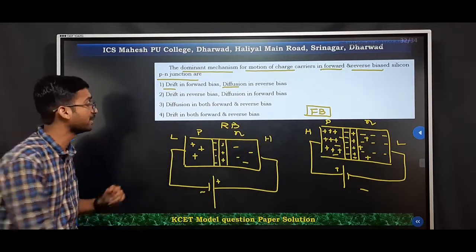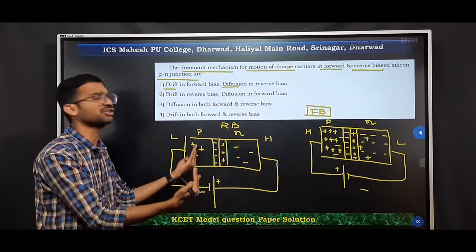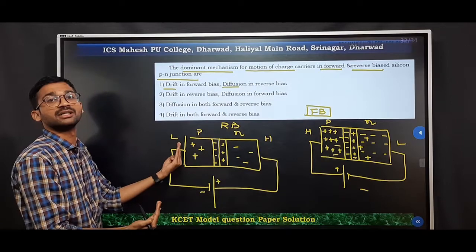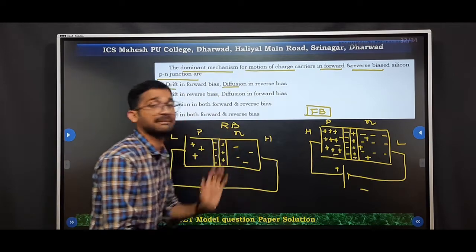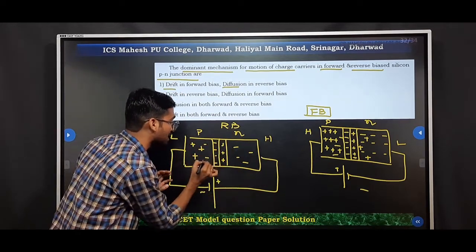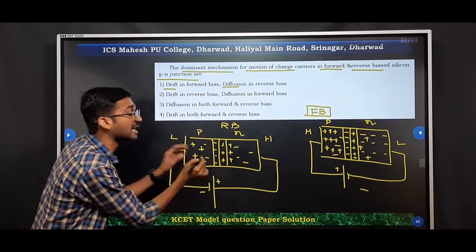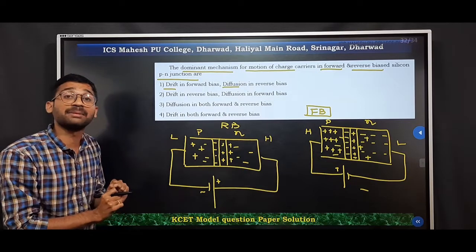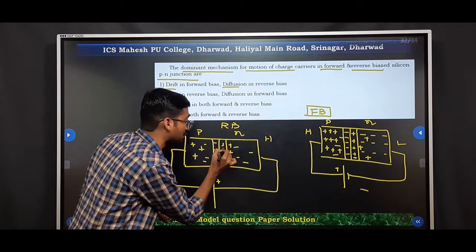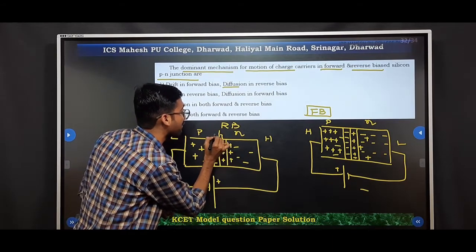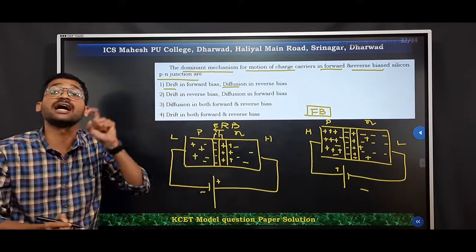As a result, what will happen? The majority charge carriers will be away from the depletion layer. Similarly, here the electrons are the majority, and they are away from the depletion layer. Therefore, only minority charge carriers are available for us here. What will happen to these minority charge carriers? Due to this depletion potential, because here is a positive layer and here we have a negative layer, that also forms an electric field.